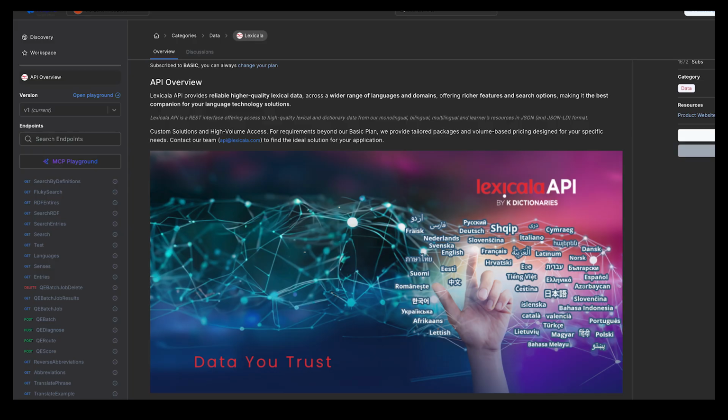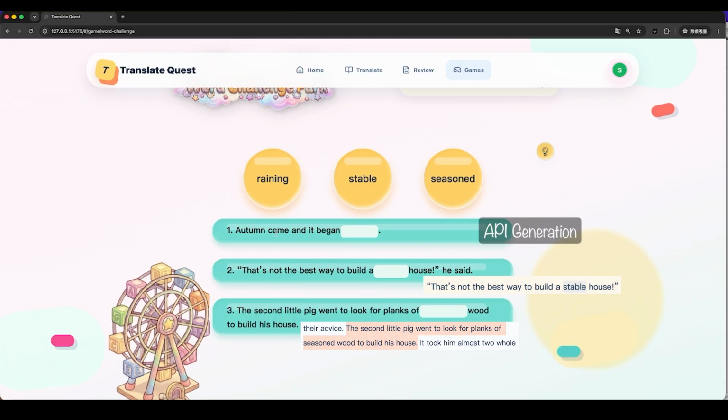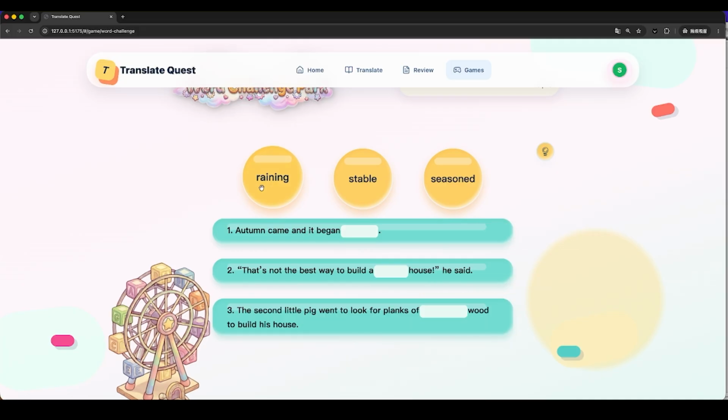I originally used Lexicala Rapid API to generate it, but this API needs AI approval and takes some time to process. I waited around a week for it to be approved. I noticed it failed to generate quite often. As a backup, I wrote a local fallback mechanism. If the API fails, the system automatically uses the original text method to generate the game, ensuring the app never crashes. Every time you finish a round, the audio will read it out to reinforce your memory.